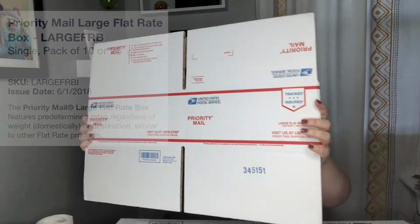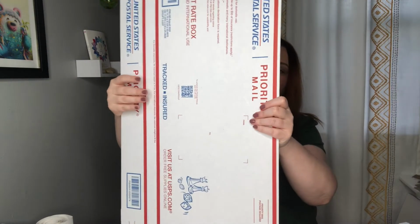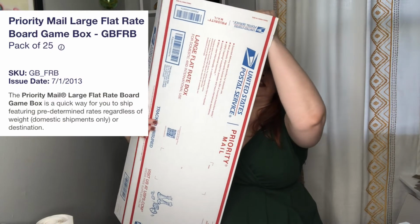The large flat rate boxes. This is just a larger size of the stereotypical, almost square box. And then this is the larger size of the thinner box. I just sold some